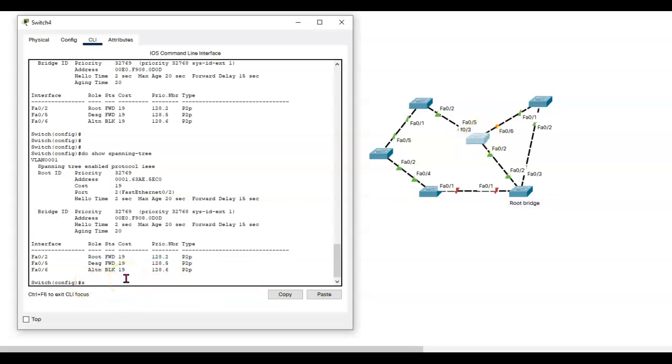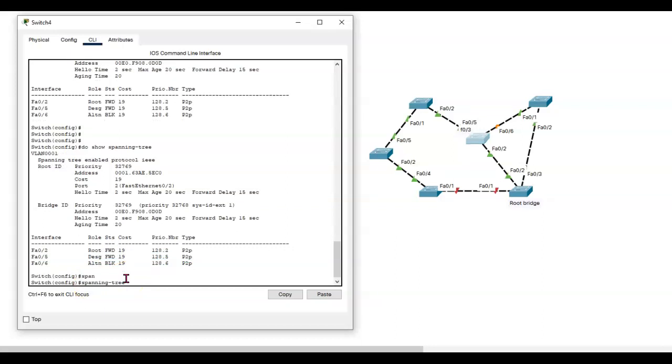So our command is spanning tree, and then I have to tell it which VLAN we're working in, VLAN 1, priority, and I'll just make it priority 0. But before I do this, I want you to watch these link lights up here, this FA06 orange link light and the FA02 across from it on this switch. These are the two that are going to change when I do this. So I'm going to say priority 0.